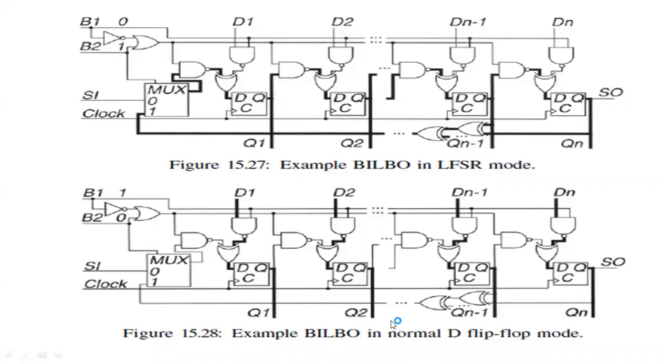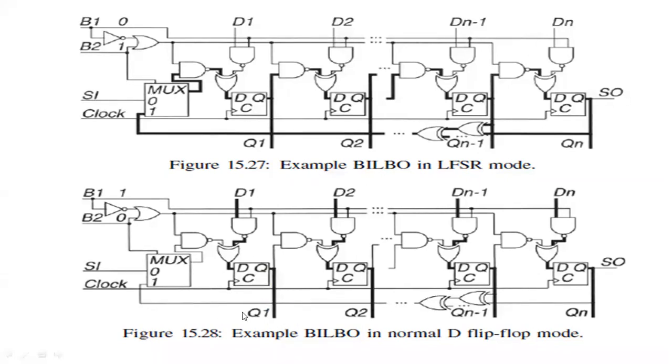In the same way, we have 1, 0. If B1 and B2 are set to 1, 0, in the sense B1 is 1, that is set to active high, and B2 is set to 0. So here it drives a 0 and 0. The scan chain operation is not enabled. It performs only a D flip-flop mode operation. It gets the data content present within the flip-flops and drives it as an output from that flip-flop.